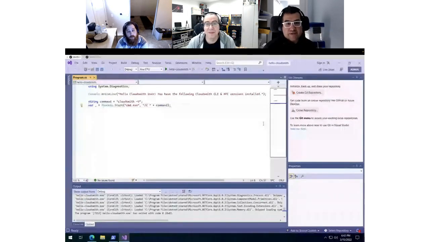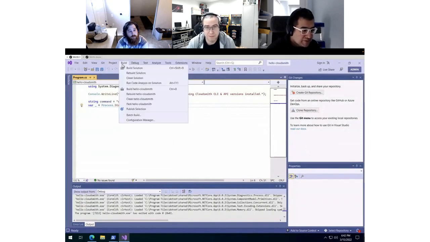Now, of course, I want to be able to extend this app. Maybe I have some dates and times I want to use in a human readable format or other formats like that. So along those lines, what I can do is I can quickly import a NuGet package into here as a library that I can just start using the IntelliSense and the code for right in my package. And I simply can do that in